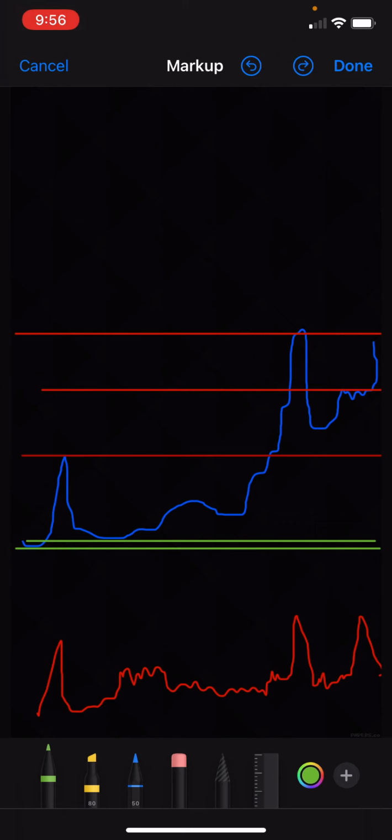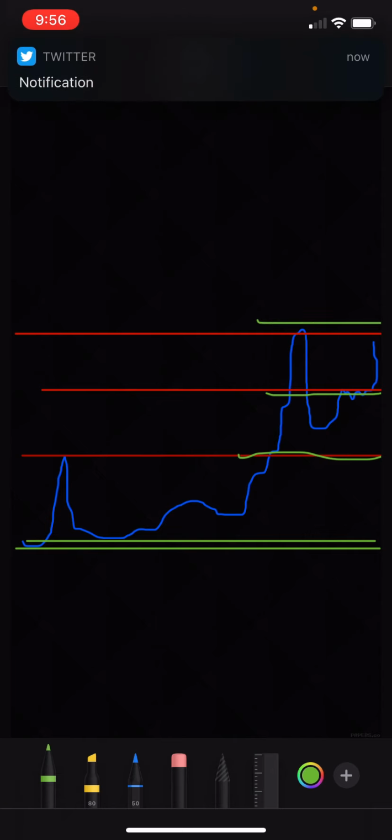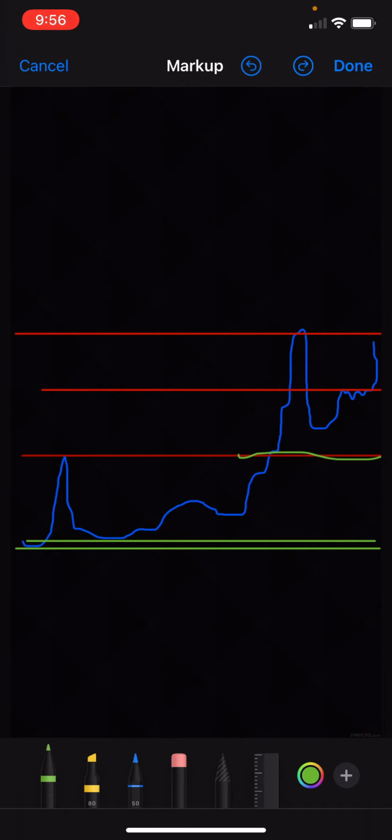Now, what else? I need to erase this volume. Okay, we erased that part here. So this becomes support, this becomes support. When we break this level and head over 675, that's going to become a key level at 75, and that's going to become a new mental level. So when you're dip buying, you want to aim as close as you can